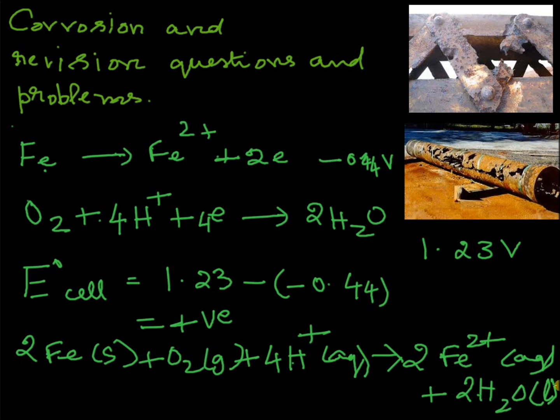This is the overall reaction taking place, and so many miniature electrochemical cells are set up on the surface of the iron. Not only that, the Fe2+ that is formed